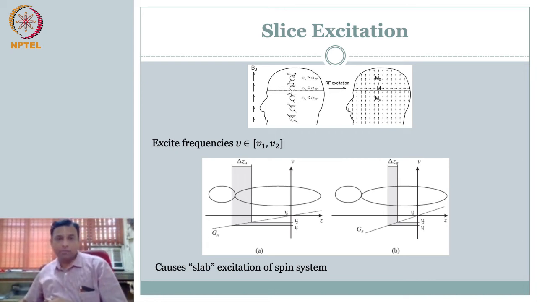If there is a small bandwidth, that means you are talking about small bandwidth in B, or spread in magnetic field strength. So the locations are going to be non-infinitesimally thin, meaning it is going to have a thickness, right? So you're going to have a slice thickness in the spatial domain, but in the RF excitation, we will talk in terms of frequency bandwidth, right?